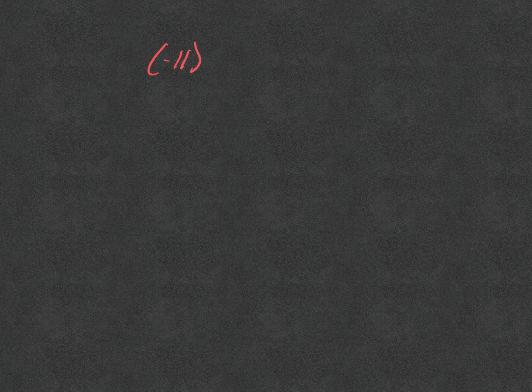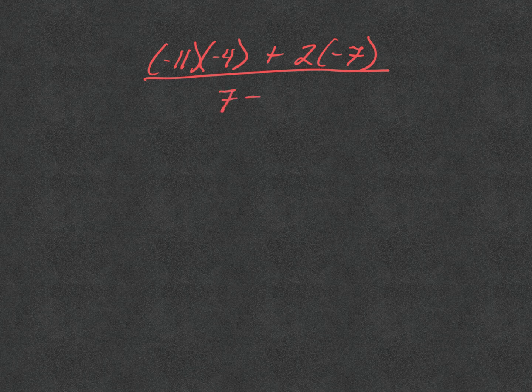Negative 11 times negative 4, plus 2 times negative 7, divided by 7 minus negative 3. Okay, I picked this problem because it's a fraction, and I want to talk about fractions really quickly. In fractions, they never draw them, but a fraction